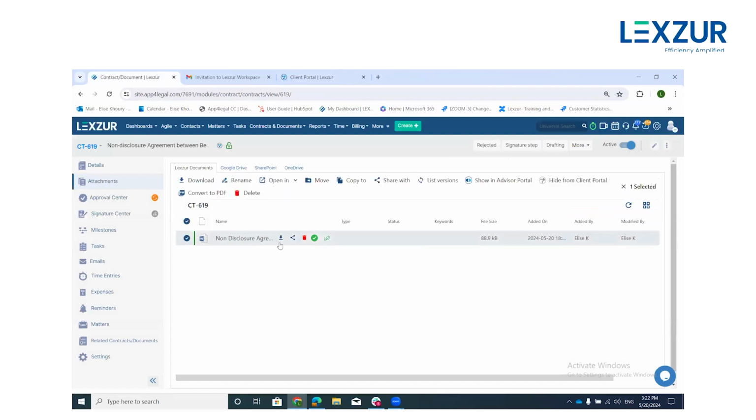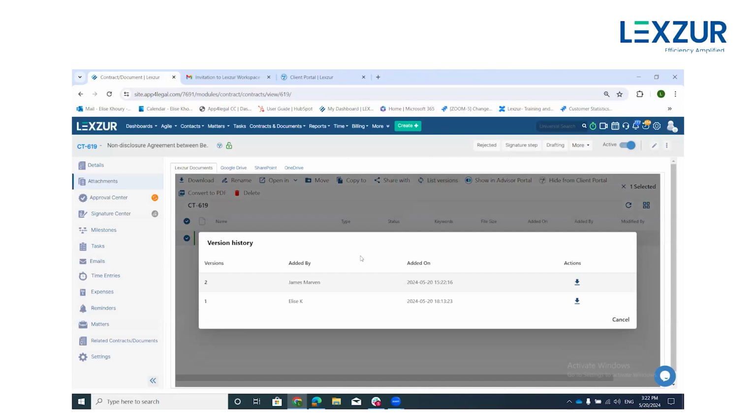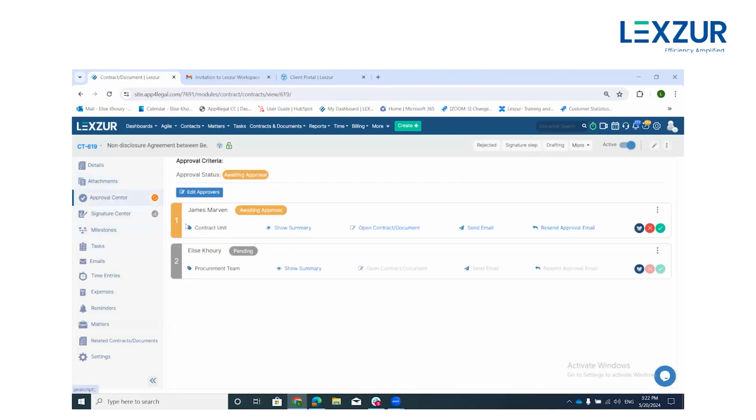I can now, if I click near the document, on the list of versions, as you can see here, the comment has been added by James, and this is a new version of the same document. The first one was added by Elise on the specific date and time. And now I can, from the approval center, because I'm one of the approvers, and this is my turn now to approve the contract,